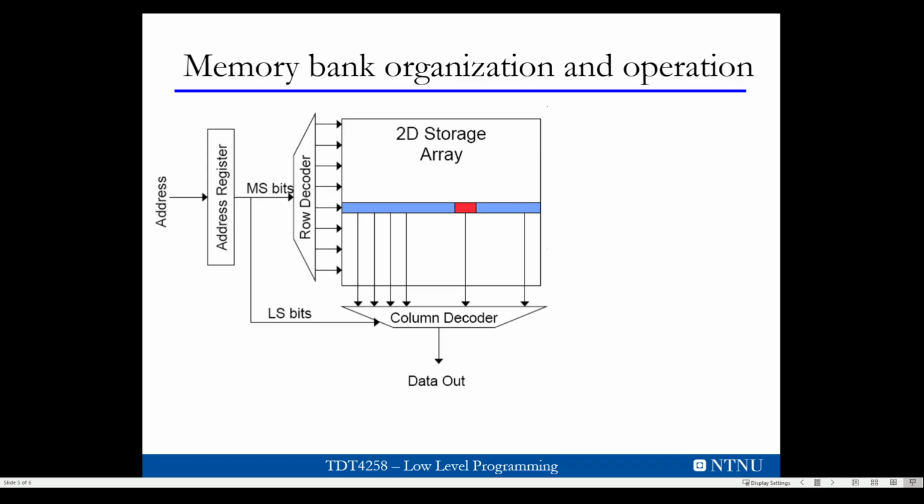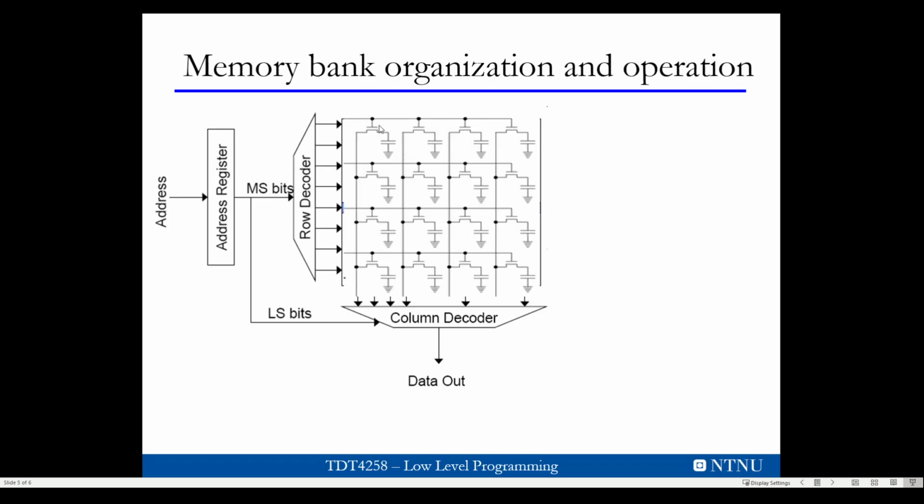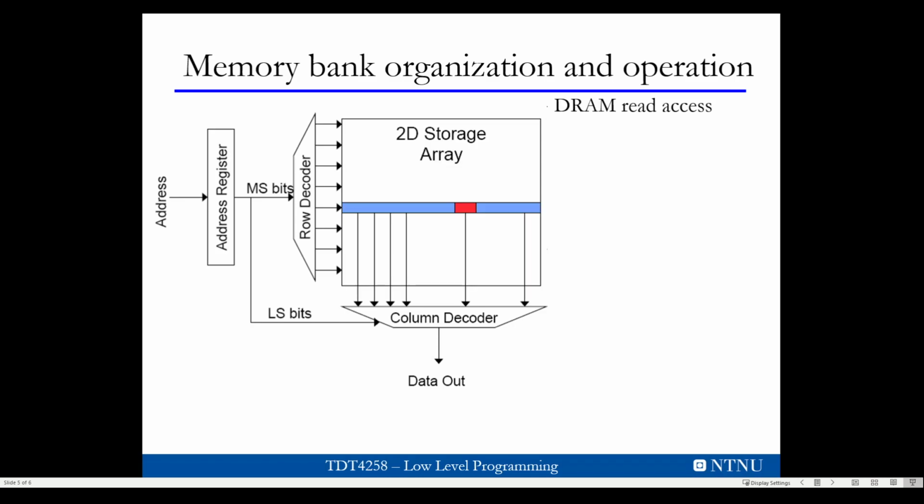Okay, now we know how SRAM and DRAM store a single bit of information. But memory is not just a single bit of information, it's multiple megabytes or gigabytes. So let's see how we build such a big memory using the memory cells that we just saw. This is a schematic that shows a 2D storage array. What this array really is, is a bunch of cells. In this case, what we are showing are DRAM cells. So to access data from these DRAM cells, what we need to do is, first of all,